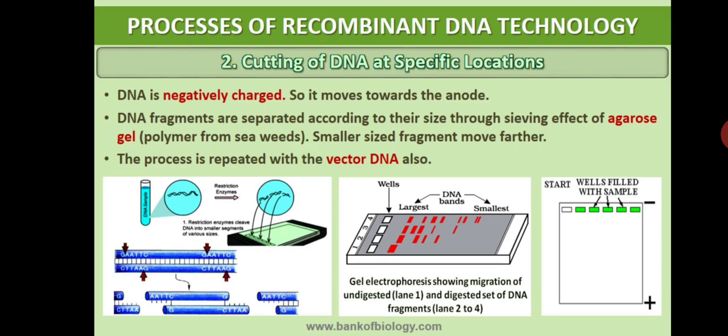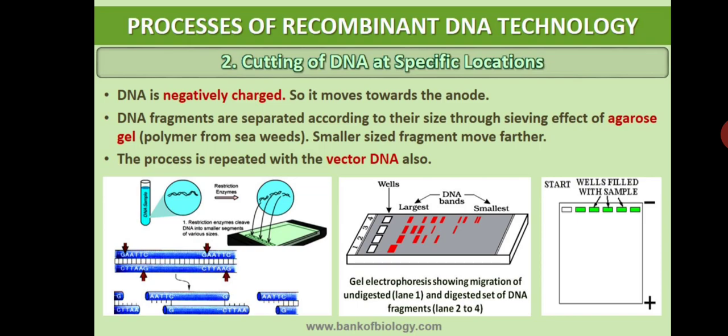Getting my point? How actually are the fragments separated? What you have observed here in this second diagram, you can see the wells, the cavities are there. In those you have to put the fragments, and even in the same cavity you have to add the agarose gel. And when you pass the electric current, the gel starts moving on that gel electrophoresis kit, and with the sieving movement of that gel, the DNA molecules also get moving. Understood? But here the fragments are separated.